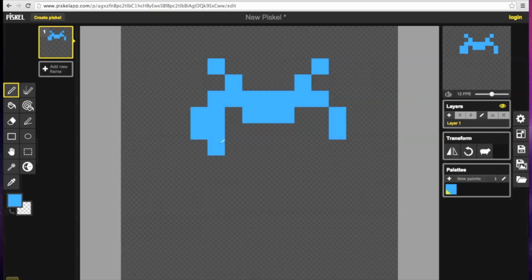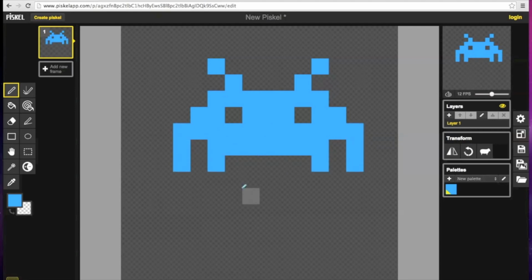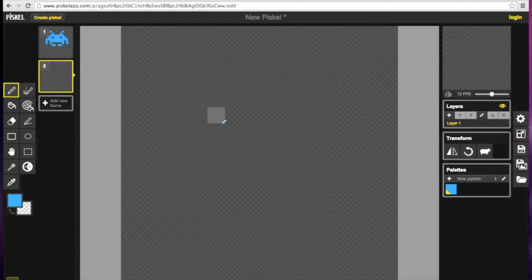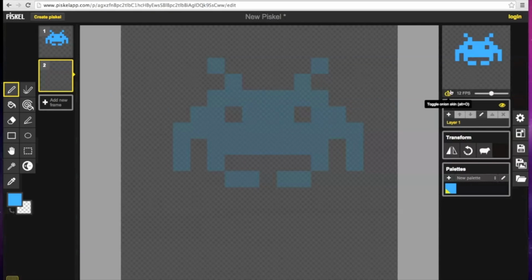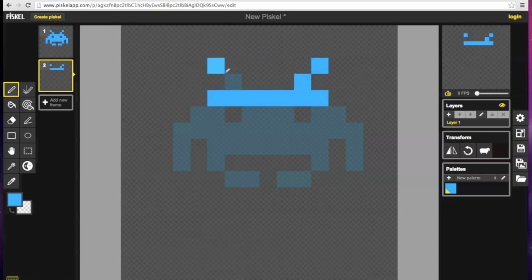After the first frame is done, I'm going to click on Add a New Frame to make a second frame for animation. The preview window is blinking because it is switching between frames. I'm going to click on the onion skin under the preview so I have a guide to work from my first frame. The animation defaults to 12 frames per second. I'm going to slide that back to 0 for now to stop the blinking and proceed to draw my second